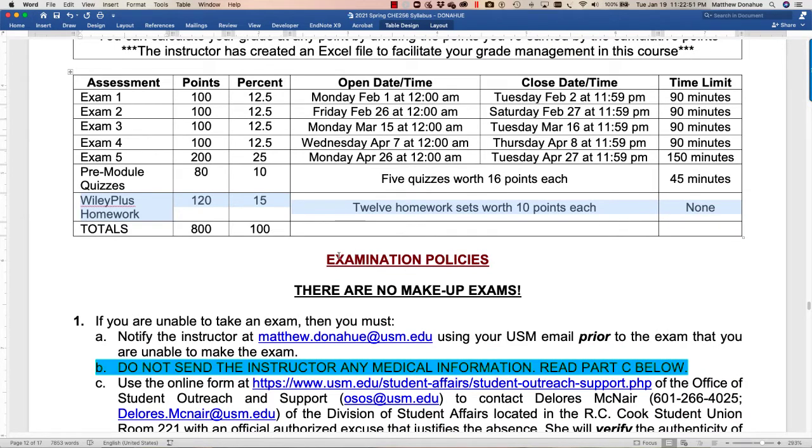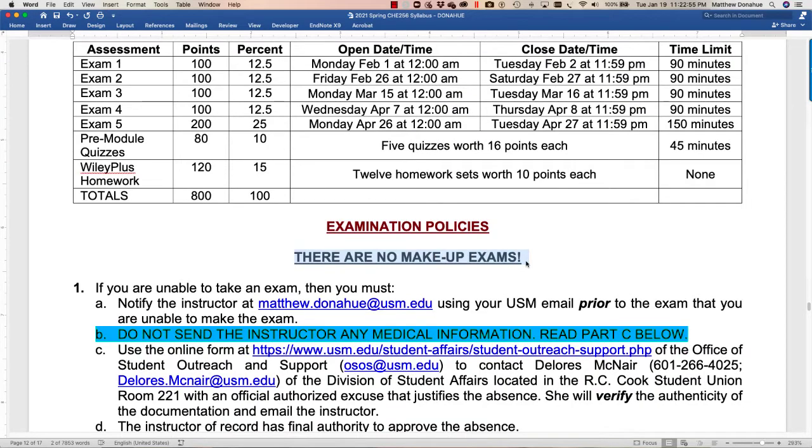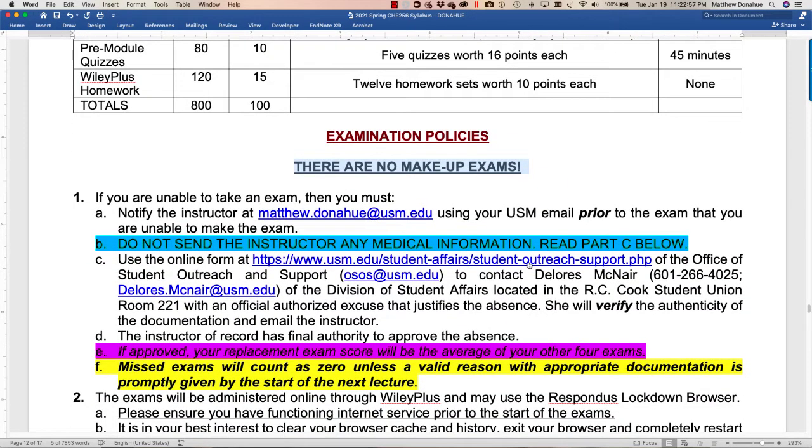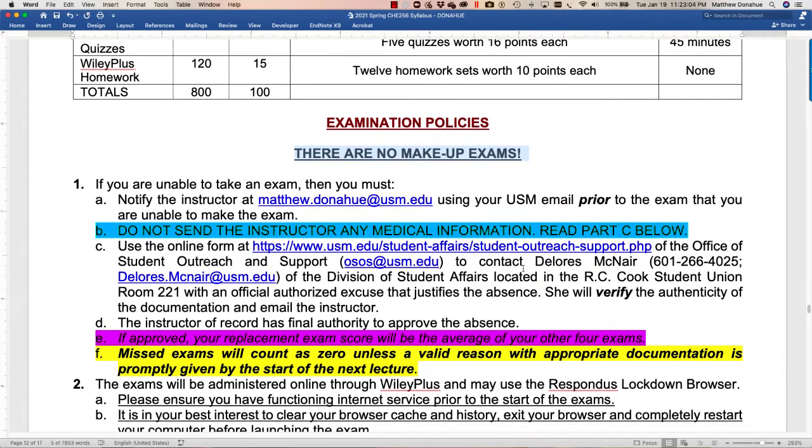So here are the examination policies. There are no makeup exams, so you really want to do your best to put those dates in your calendar and make sure that you take the exams as they're scheduled. If you are unable to make an exam due to some legitimate university related excuse,